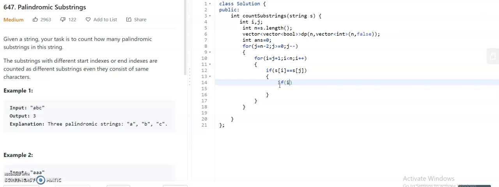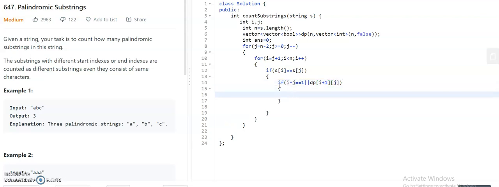One is if the distance between the I and j, the left pointer and right pointer, is nothing, like 1, or we have the substring I plus 1 to j minus 1 is a palindrome, then we will say that the substring from I to j is a palindrome. So we are marking it as true.